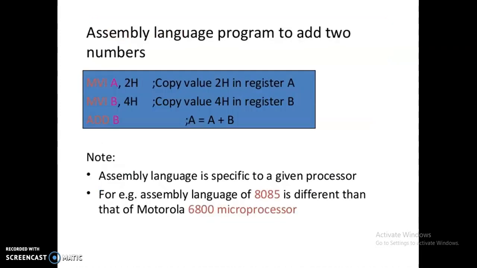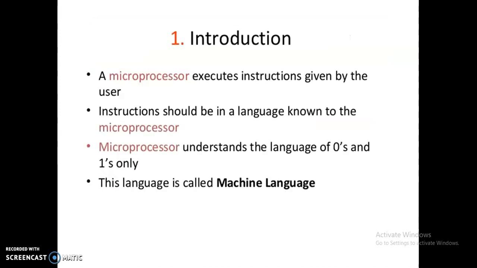We all know that an instruction is a set of commands given to the machine by the user. That instruction should be in a machine understandable format, that is in the form of machine language, but we write microprocessor programs in assembly language. It is converted into machine language by means of an assembler. Okay,